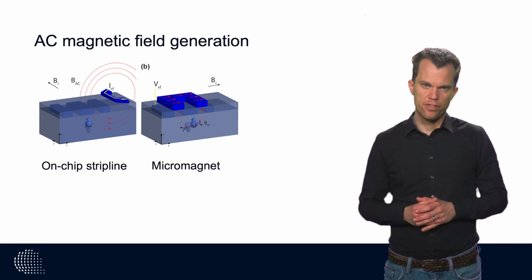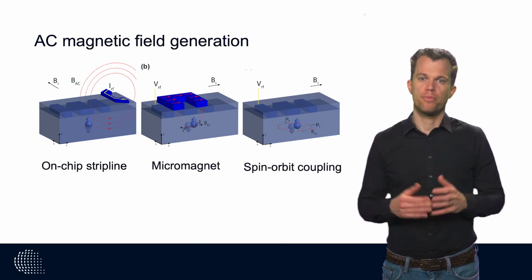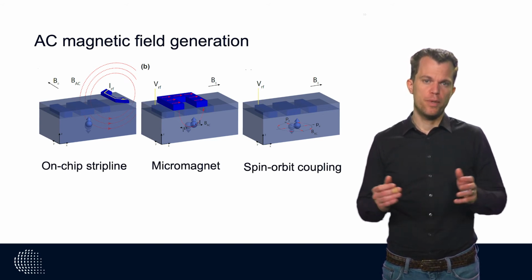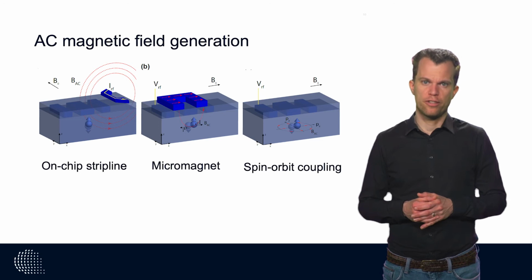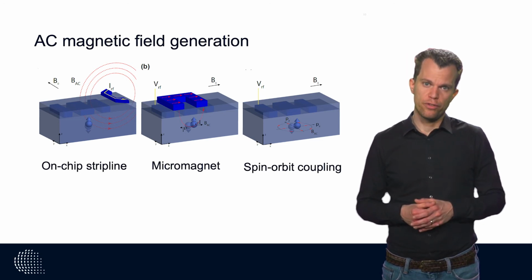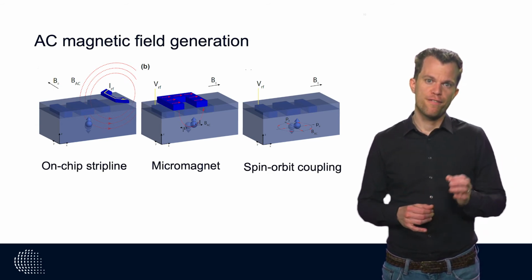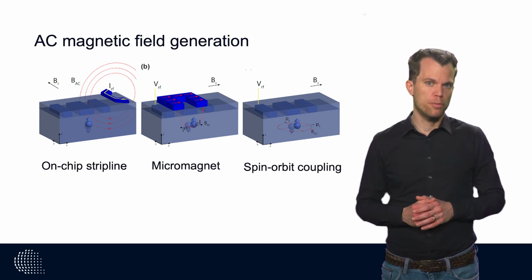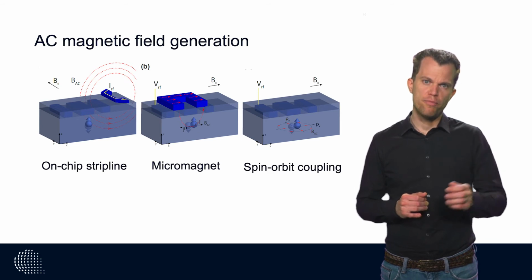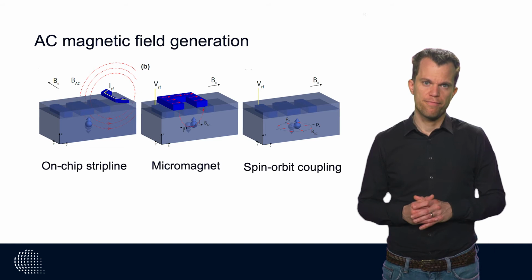Electrons in semiconductors can experience a spin-orbit coupling, and this can be very strong, in particular for holes. Similarly to the nanomagnet, the spin-orbit coupling results in an off-diagonal term in the Hamiltonian. Thus, by applying an AC electric field on resonance with the qubit energy, we can achieve Rabi driving thanks to the coupling of the spin to the orbital motion. Using this method, speeds beyond 100 MHz and even up to a gigahertz are routinely achieved.